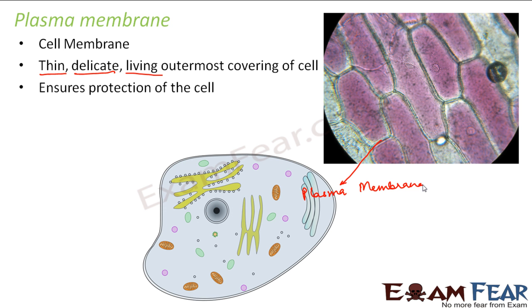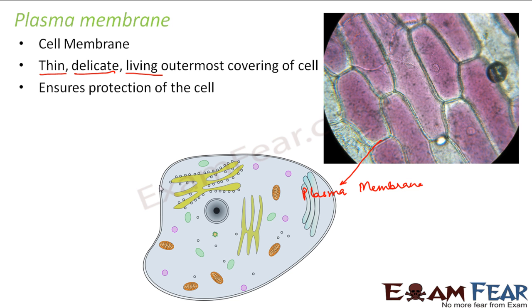Now, when I look at this cell, what is this picture? This is nothing but an animal cell. An animal cell looks like this. So what are these so many things which are present inside the cell? These are the different cell organelles. We will talk about each of the organelles.